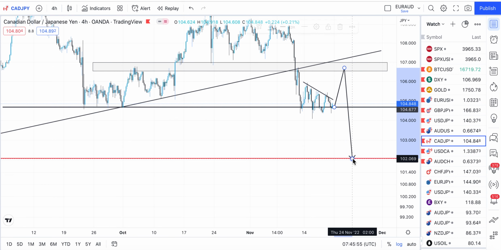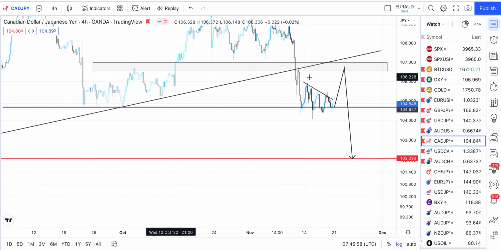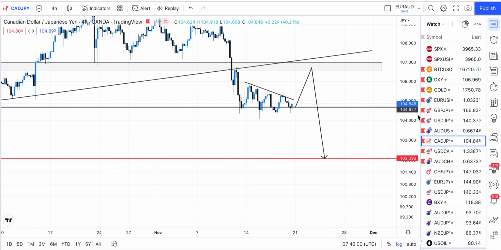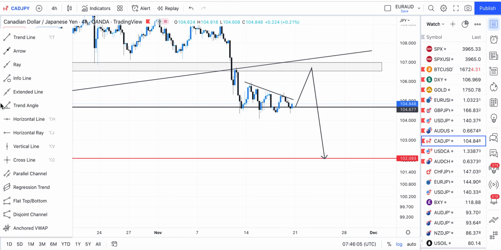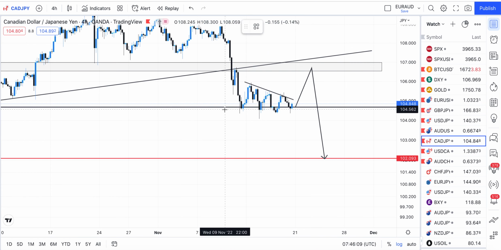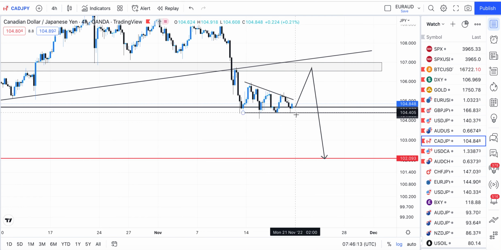So we'll have a rejection here. Then the target at 101.052, so you have to take a look at this. And then if you want to trade this one, you know how to go about it. So this is how you do it. You just put your stop loss below this level, so that if you have a break of this level,